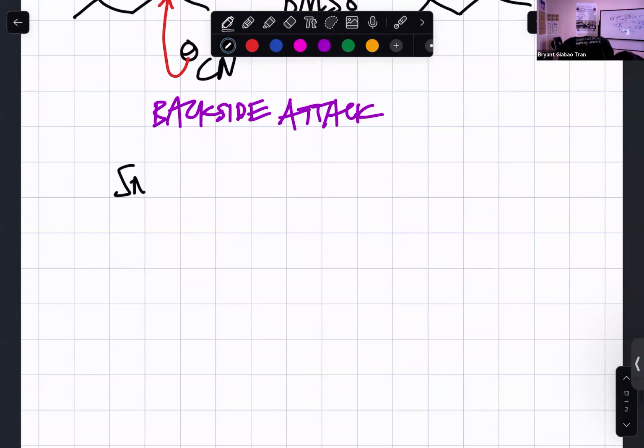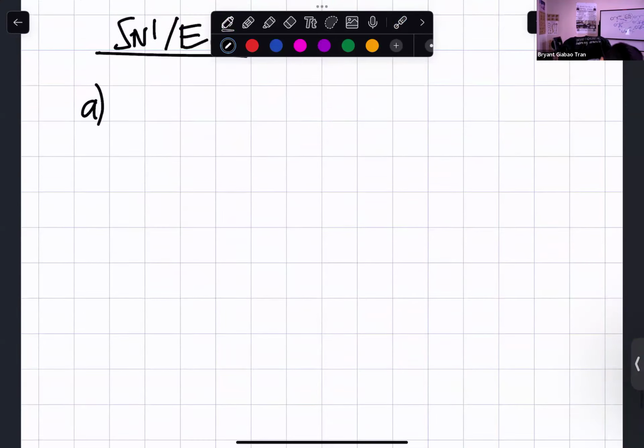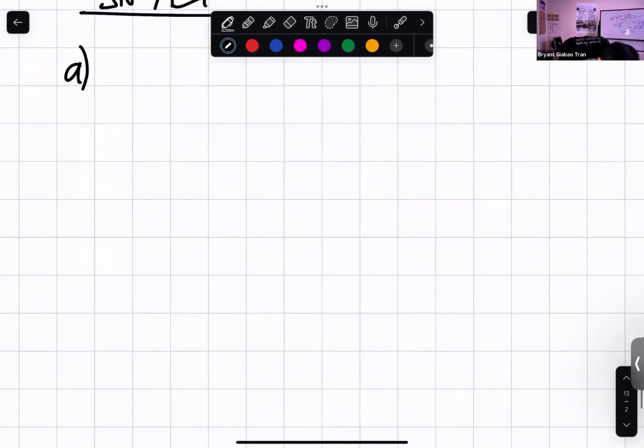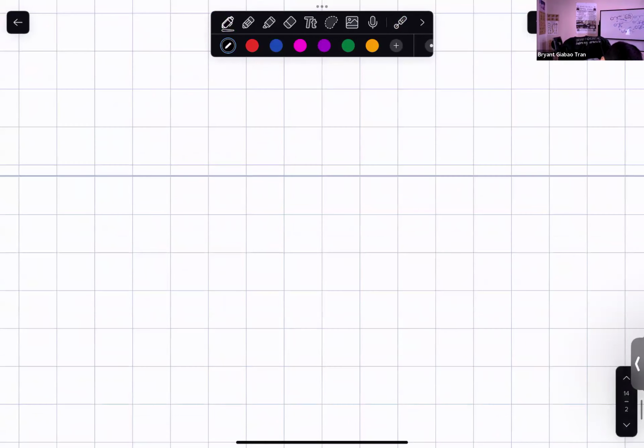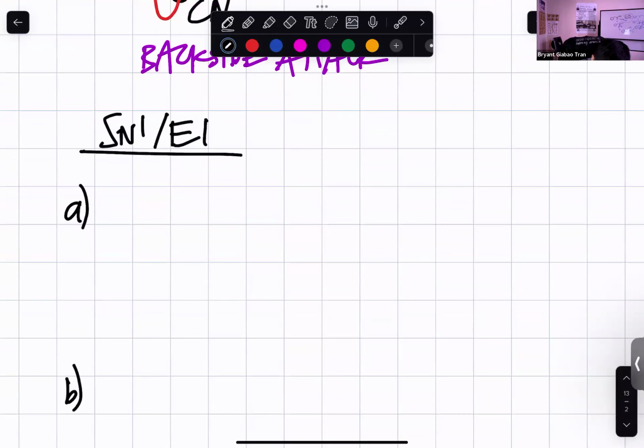SN1, E1, they go together, and there's multiple steps. Right, and I'm going to show you three scenarios: one without a shift, the other one with a hydrogen shift, and the one with the alkyl shift. So let's say we have this